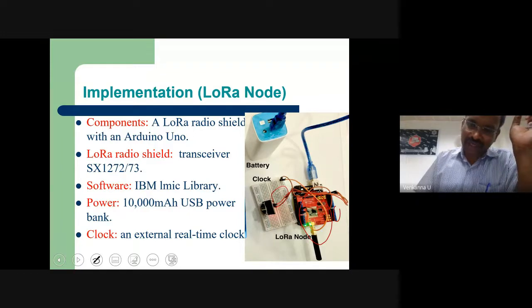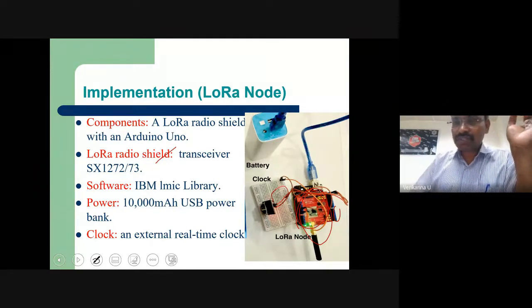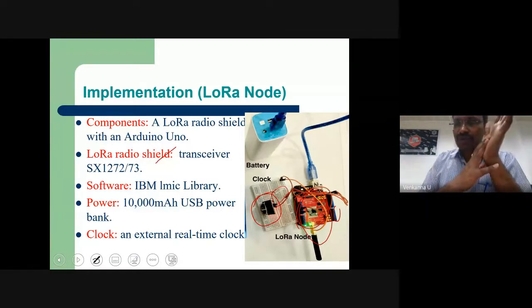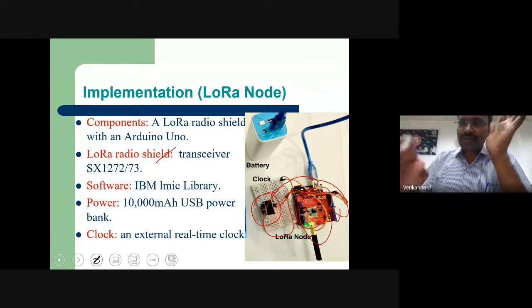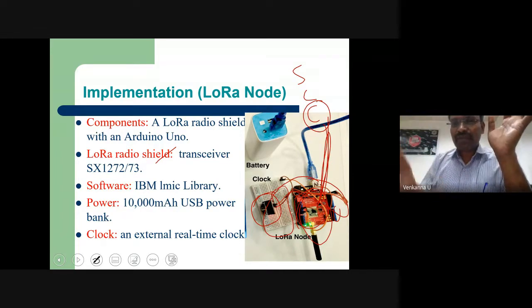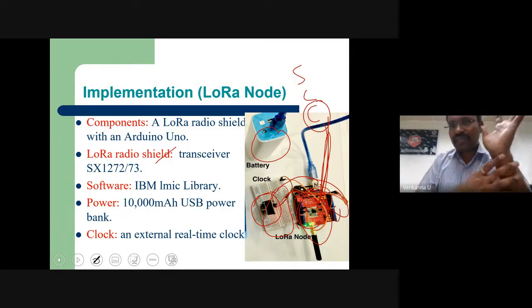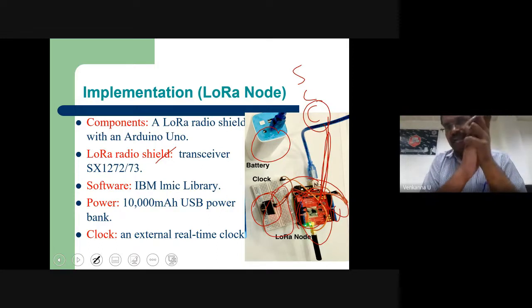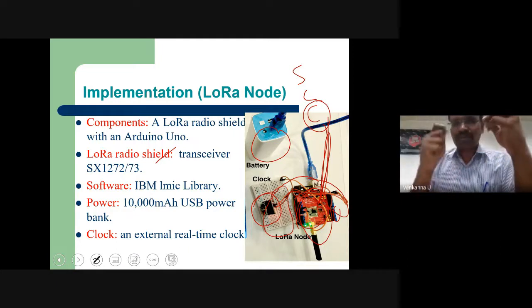For that Arduino board, they attached this red one, called the LoRa Shield. Why use an Arduino board? You use an analog sensor to sense the data, then attach it to the Arduino, which comes under microcontrollers. Now the microcontroller is doing two jobs: sensing and collecting, but communication is missing. That communication is possible with the help of the LoRa Shield. Like that they made an IoT node. For battery backup, they took a battery or some mobile charger battery and attached it so that it runs continuously. They made it as an IoT node.